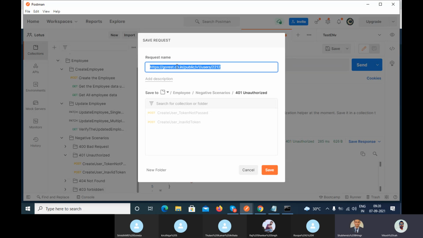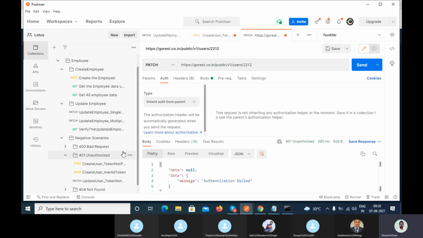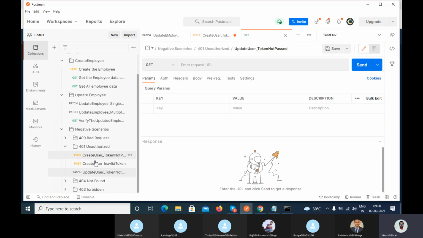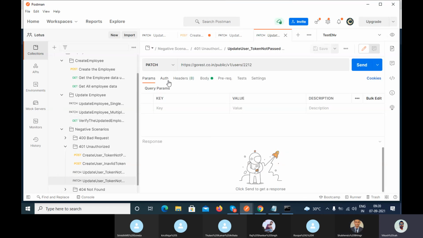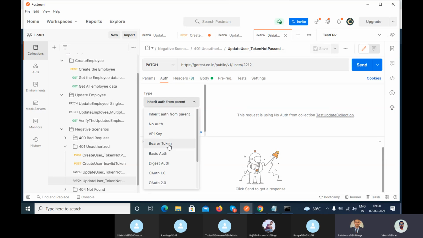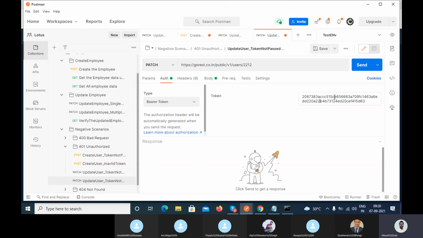So, update user, token not supplied, token not passed. Okay, now you can see one request got created inside the 401, right? Clear? Now in this scenario we have not passed the token. Now in the second request, what we can do is pass the token, but an invalid token,